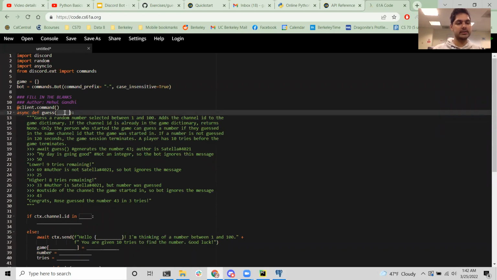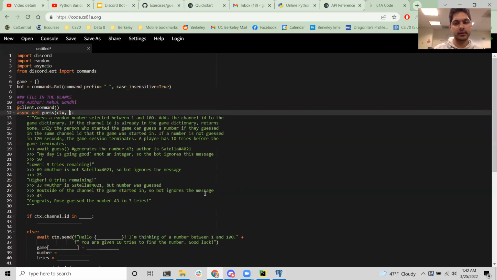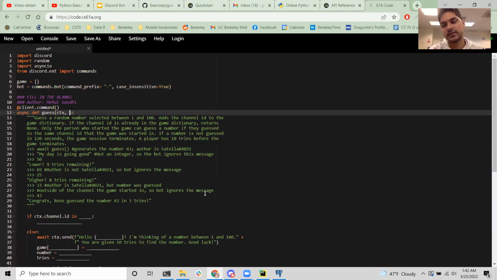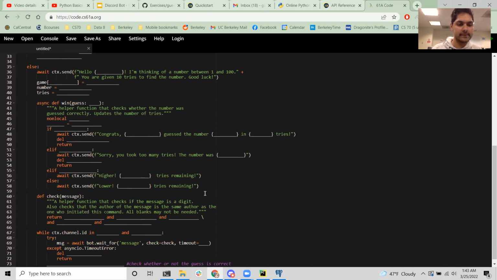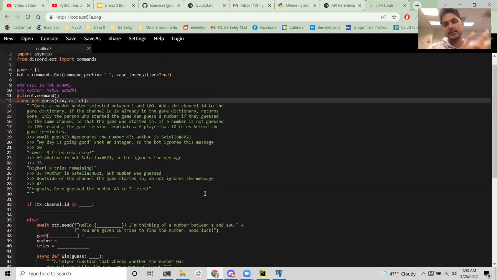I've done this command, but I did it a little differently. I used a for loop. There are so many ways to do the same task or function. So we're gonna have context and an integer n. The guessing game is like we're gonna have 10 different tries.